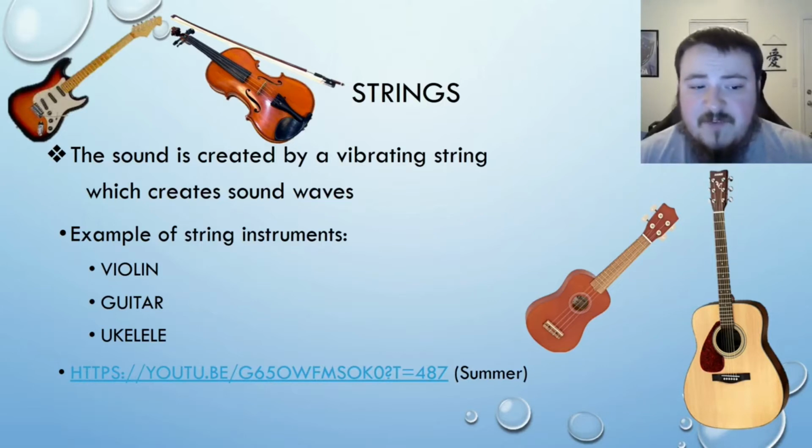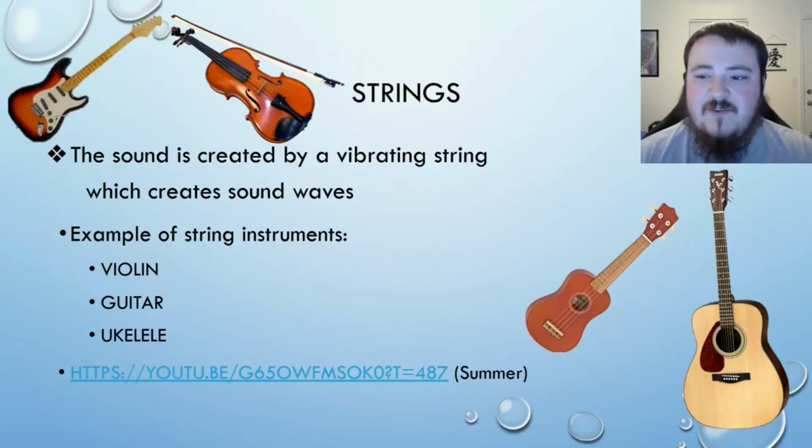So some examples of this are violins, guitars, ukuleles. These are all things that have strings, and when the string vibrates, you hear it. So what I can demonstrate for you is I own a guitar, so I can demonstrate how a string instrument works. So with a guitar, you have these strings that are pulled pretty tight. And what you do is when you play them, when you strum them,